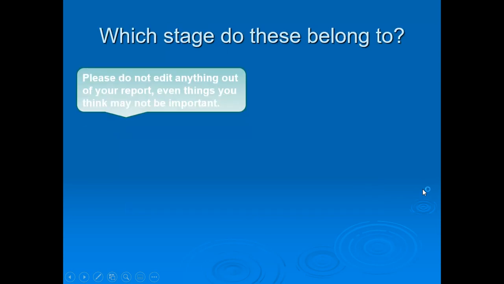Now, it's worth knowing that in the exam, AQA could give you an AO2 question where they give you a scenario and then they ask you which stage of the cognitive interview the scenario refers to. So from the 4 stages that we had before, in the order we had them before, you might be asked which stage the scenario belongs in. So please don't edit anything out of your report. Things you might not think are important